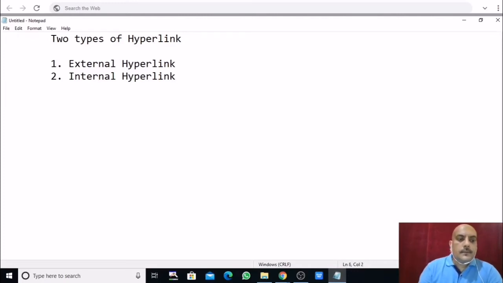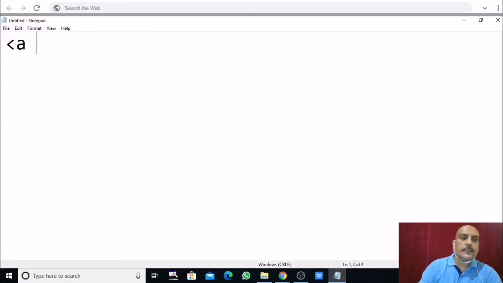First we will see external. For hyperlink, the main tag is A. I think there is no problem to see the code. With angle bracket A, anchor, we write href, then the equal to symbol, then double quotes, and we give the path of the page.